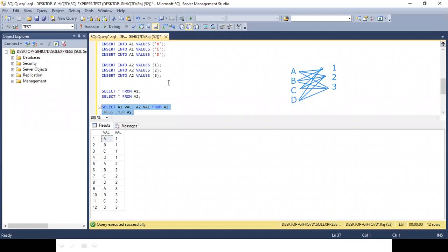Yes, absolutely. There should be at least one common field. But as you can see in the example, in these two tables, although I have taken the name as well, there is no common field, because the data types and everything are different in the cross join.